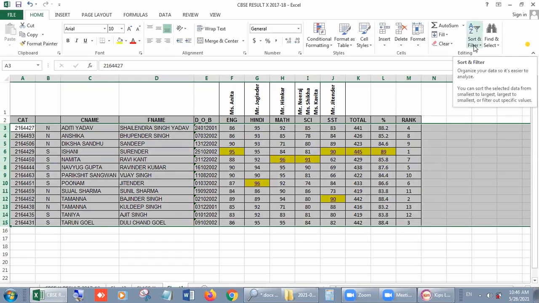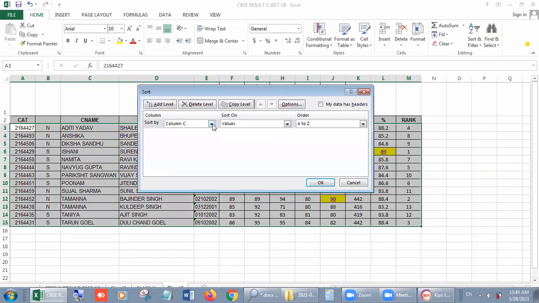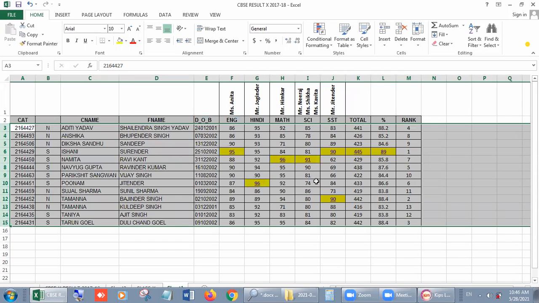Now I'm again going to the Home tab, in the Editing group, Sort and Filter, Custom Sort, and after that the first level is already selected. Now I want another sorting. Then click on Add Level, then first sort by, then by. Suppose I want to choose column B, and I'm taking it the same, A to Z, and OK. What will happen?